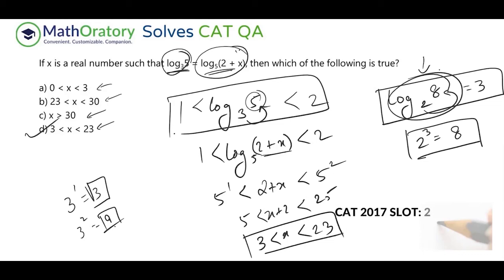So this is a very simple problem. You don't even have to use options. There will always be an option here, but you don't even have to use options. You just have to figure out the range, and just go step by step. It's nothing to do actually. Just solve this quickly and mark the answer and move on.